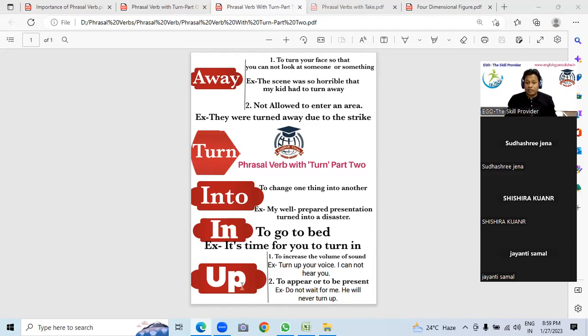The next one is called turn off. Turn off is used to increase the volume of the sound, and very few people are using it. Suppose I'm trying to speak right now and sometimes you're not able to listen to me. What are you saying? Sir, could you be louder? Do you know the meaning of be louder? You are forcing me to be louder. That's not natural English. Suppose mom is there, ma'am is there.